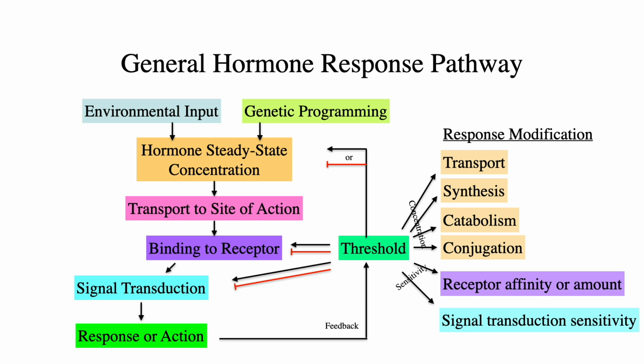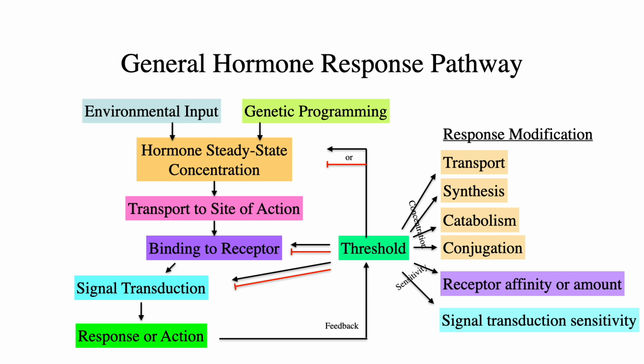But before we start, let's review from last lecture the general responses of hormones in plants. This will be the model for all the hormones discussed in the following lectures. The hormone is at steady state concentration in the plant and can change in response to environmental or genetic signals. The concentration can change, as discussed in the previous lecture, by biosynthesis, degradation, which is also called catabolism, transport, and conjugation. The hormone is transported to the site of action where it binds to a receptor.